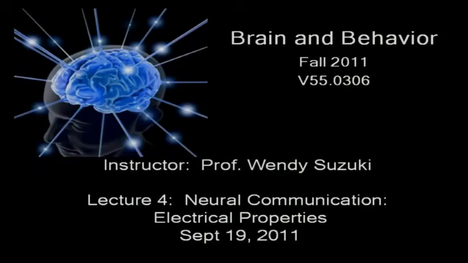Okay, so let's jump in to lecture on neural communication. This is a 2-part lecture. There are 2 major aspects of neural communication: electrical properties and chemical properties. We're going to focus on the electrical properties today. This is the core of the big concepts you're going to need to know for this first midterm exam coming up. It's not for a while, but this is a really important lecture for that exam. Our first exam is